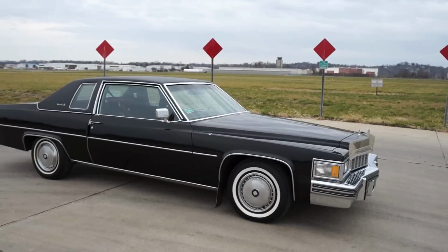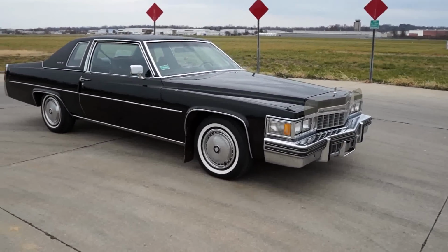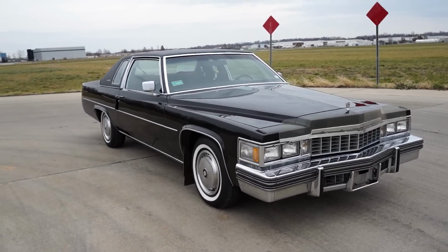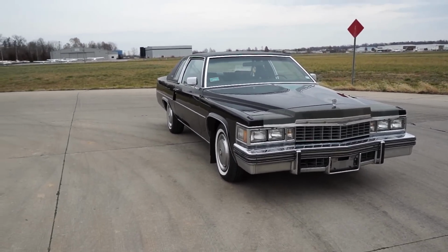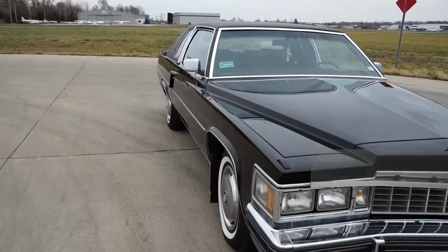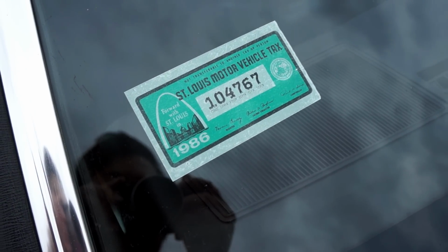That trim is very expensive to find and replace when you have to. The chrome looks amazing on this car. It's just all a beautiful presentation. You know, when you have a one or two owner car, you have a car that people took better care of because they paid more for it. And that just shows. As you can see here on the windshield, there is a sales tax receipt from 1986